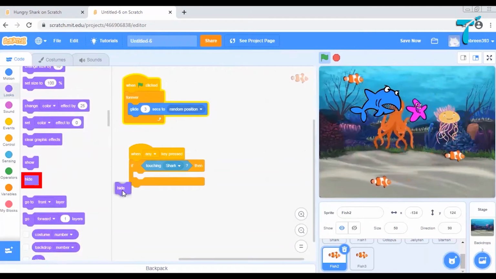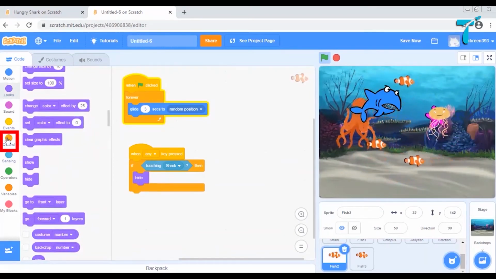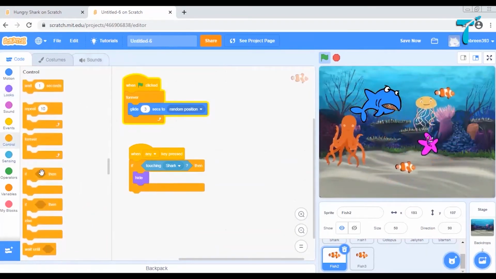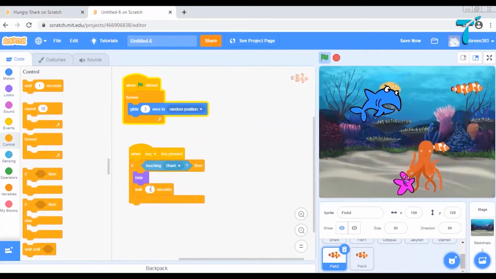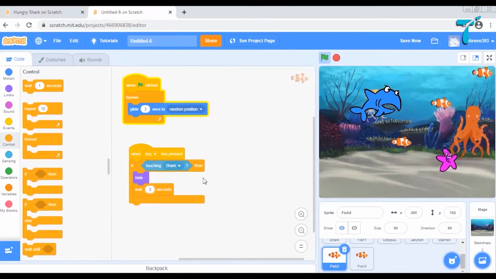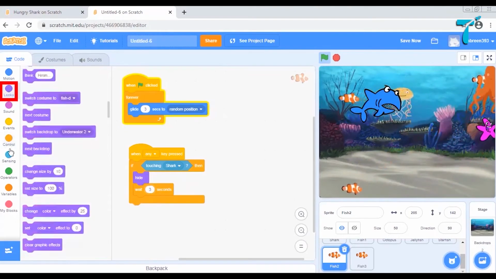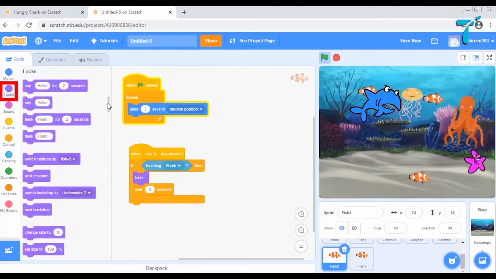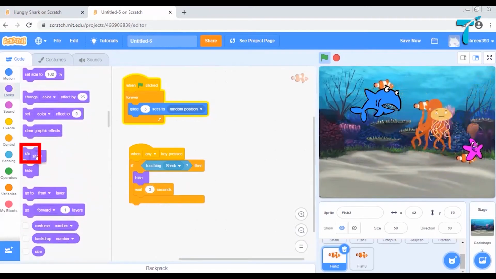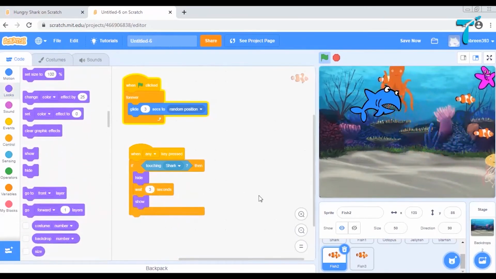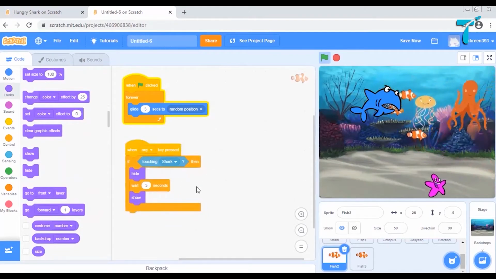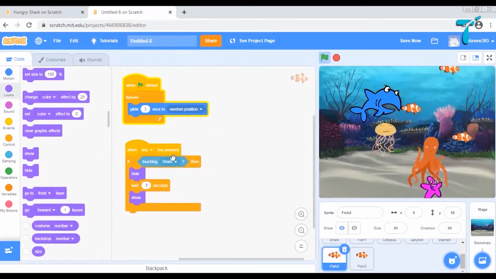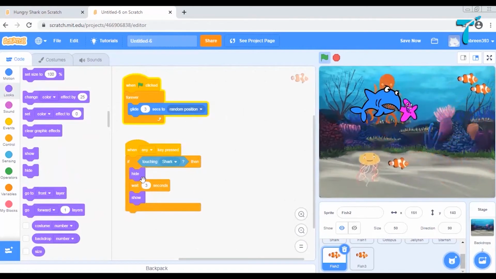So just take it, put it here, wait for 3 seconds, and then show. Yes, keep it properly. Make sure your workspace is clean, it is not messed up, okay?